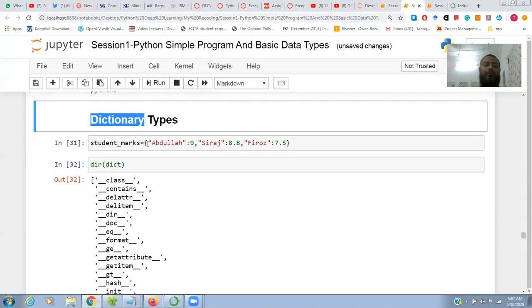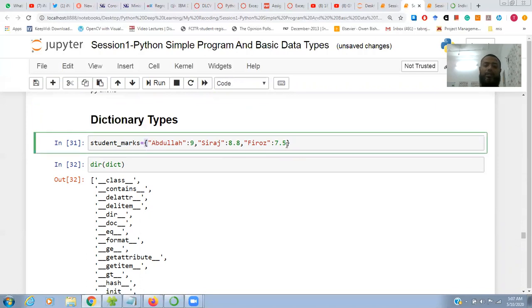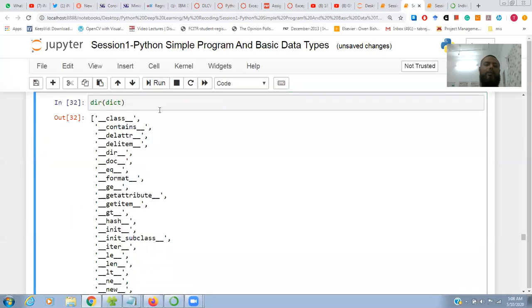Minor difference is there. If you see, they are using this curly bracket. Okay, and a dictionary, like if you are searching any dictionary, has keys and values. So the same thing here, we declare the dictionary with keys. This is called a key, and this is called a value. Key and value, key and value. So this is a dictionary we can declare.